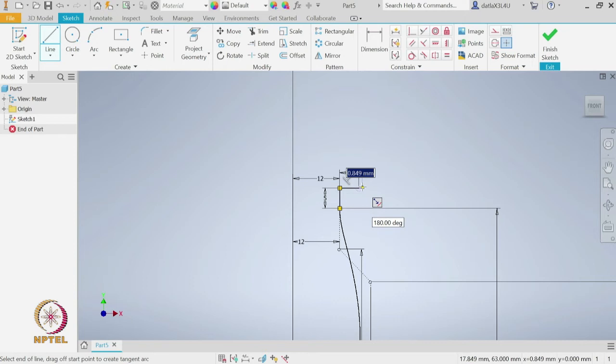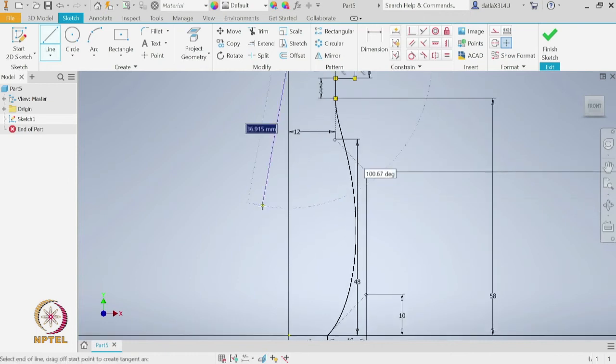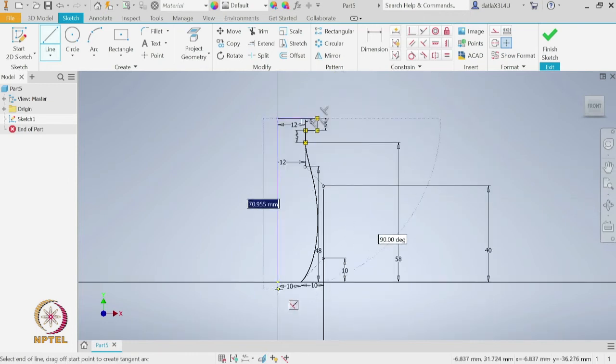This will be done with the fillet, but regarding the uniform cross section, again I need to go up by 5 units, and the upper lip diameter we have seen is 34, which means the radius is 17. So, let us specify the 17 and also let us close this curve by this vertical line and then a horizontal line.